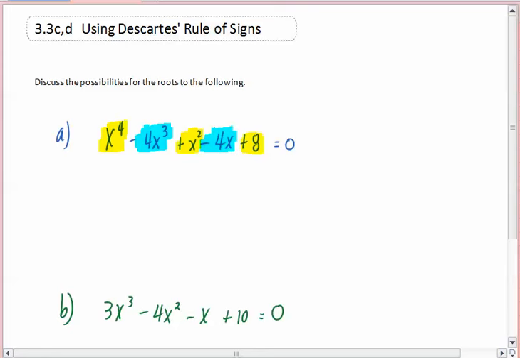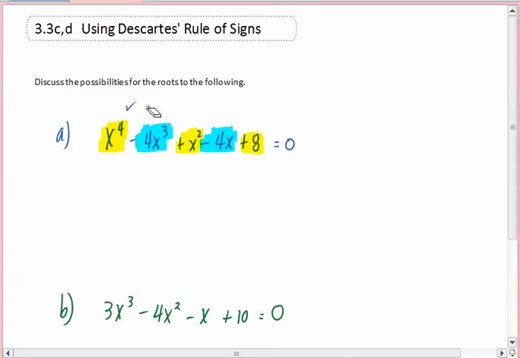And it says this, that if a polynomial is arranged so that the terms are in descending order, right? This one has powers 4, 3, 2, 1, and no power. Those are the powers that we see. So if it's in descending order,